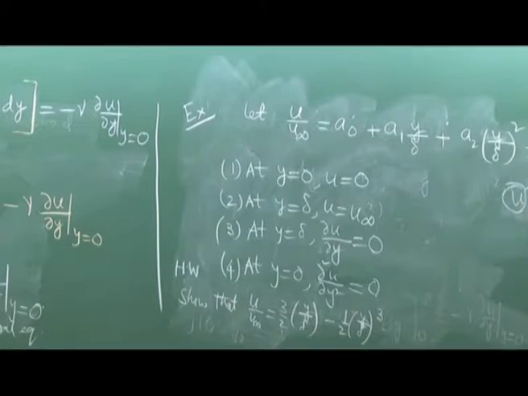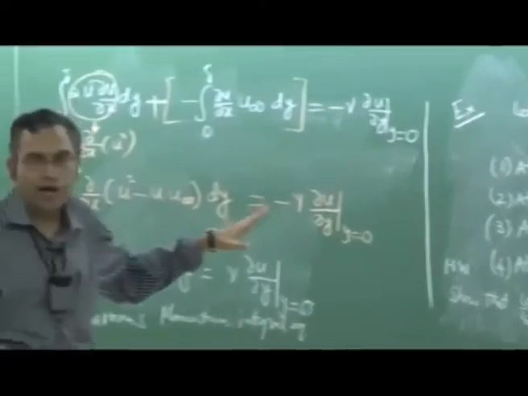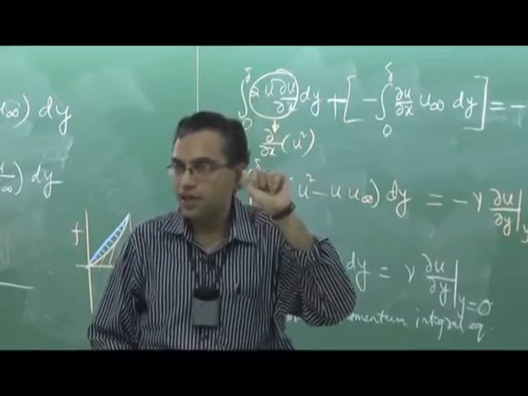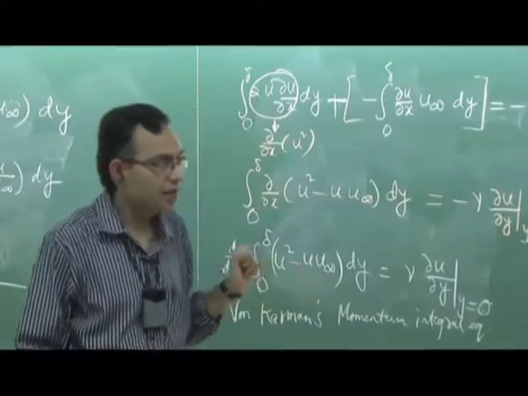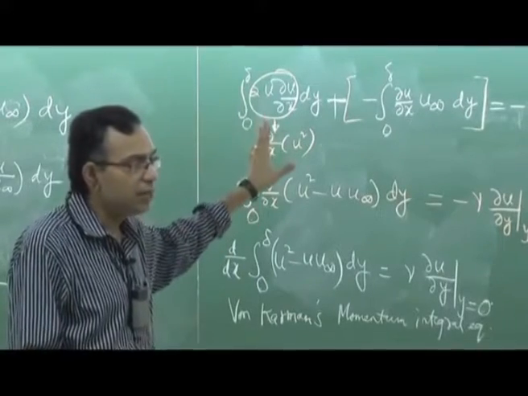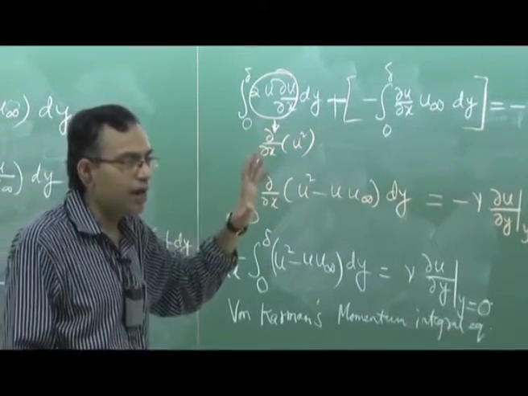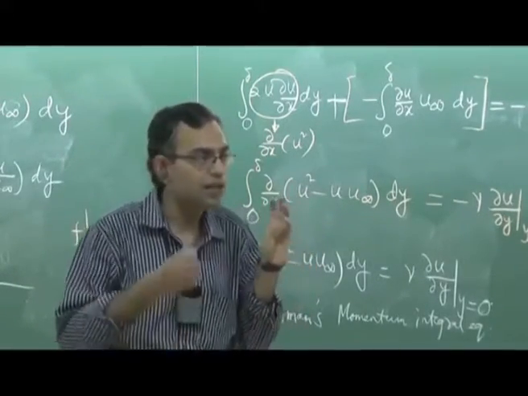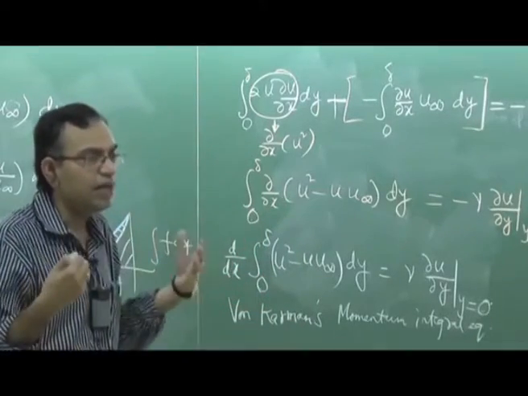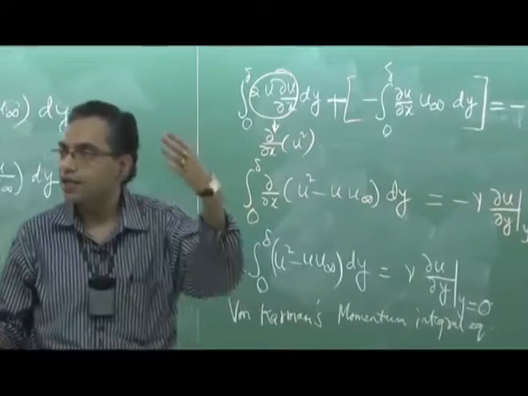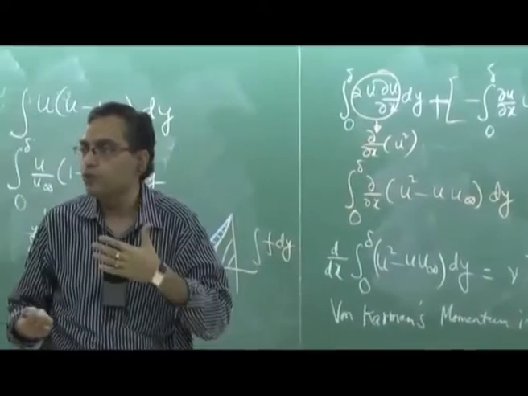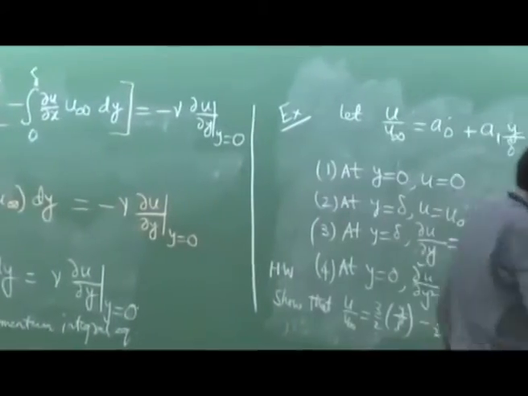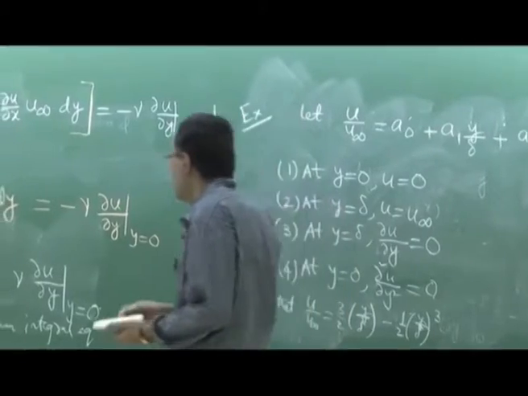So with this velocity profile our next objective will be to calculate delta as a function of x, the wall shear stress as a function of x, and I will illustrate that with this velocity profile. Other velocity profiles like linear, quadratic, sinusoidal velocity profile, you do as a homework. The answers are given in any textbook on fluid mechanics, and you can check your answers with those books. So we will continue with this and use that in the momentum integral equation.